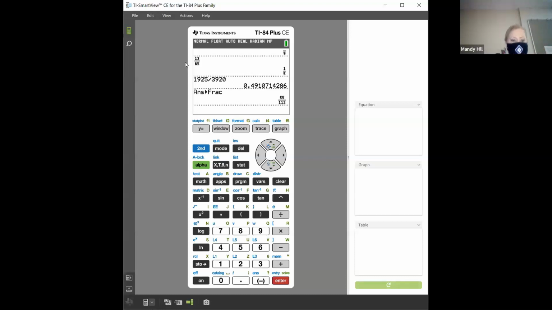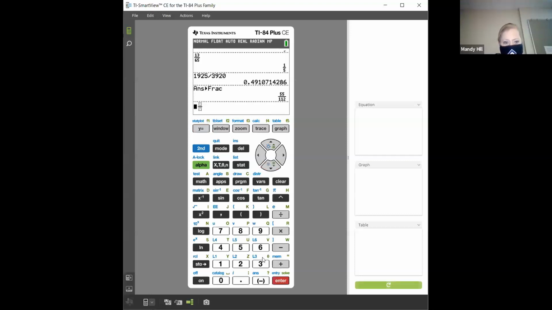And just to make sure you know, if you hit alpha y equals, and let's say we want a mixed number like 2 1/3, if you arrow down to 2, that will let you type in your mixed number, 2 1/3. But let's say we don't want it like that. We want it to be an improper fraction. It's not a mixed number, like I call it top heavy if it's an improper fraction. If you hit alpha y equals again and pick number 3,